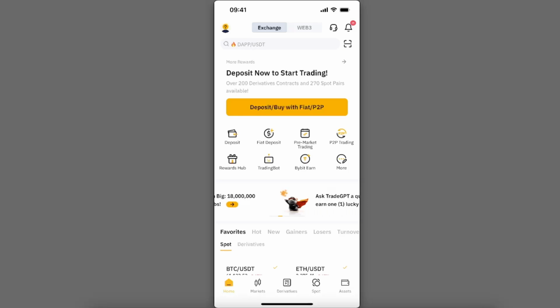Once you do that, you will be signed up. Basically, you will be redirected to this homepage. Now, the same goes for the desktop version on your computer, but at the top you will see there's Exchange and a Web3 wallet. So these are a little bit different. If we would click on Web3,